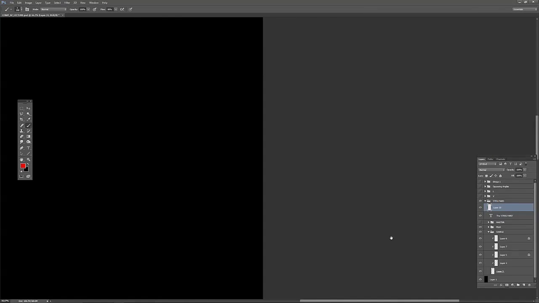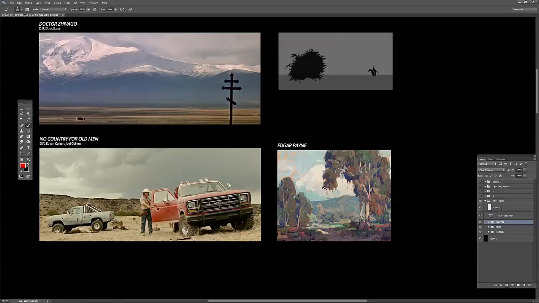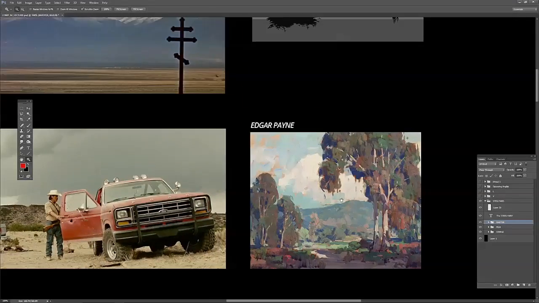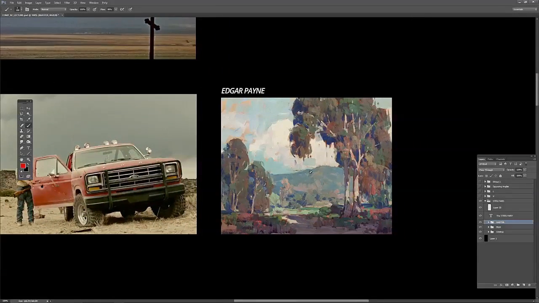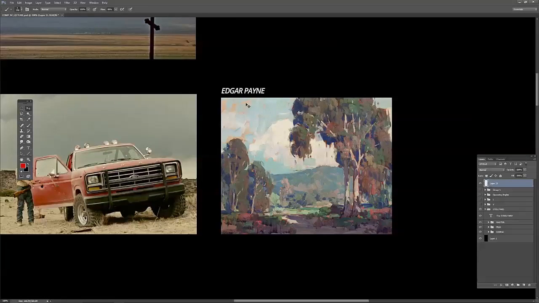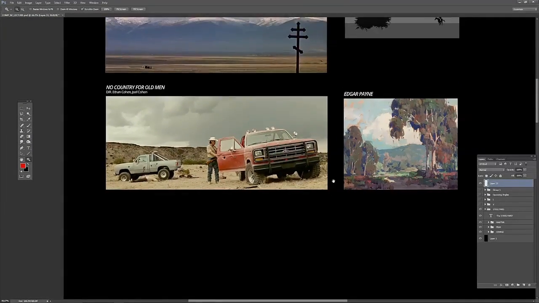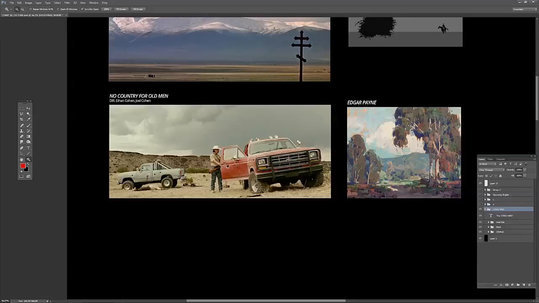Now one more thing we can take a look at is an example from a master, and we talked about Edgar Payne's book. Here you can see in his example, master painter, a great guy to also study, how he uses the steelyard to frame his compositions. One shape against a bigger shape right here. So we're going to be using him as an example since he's a master in composition as well, to see how it plays out in the